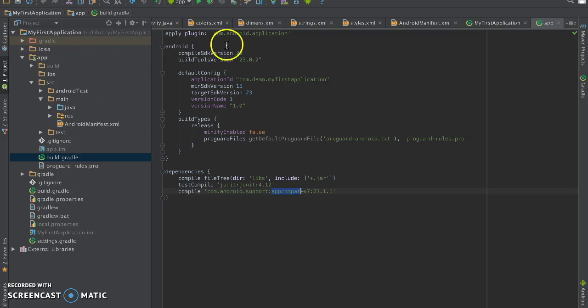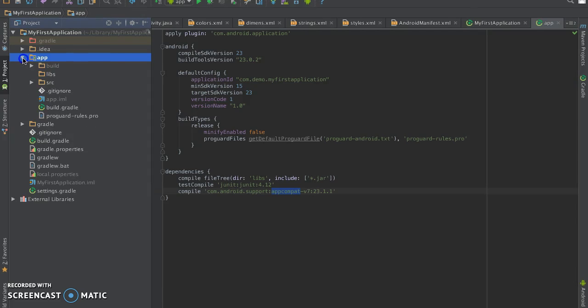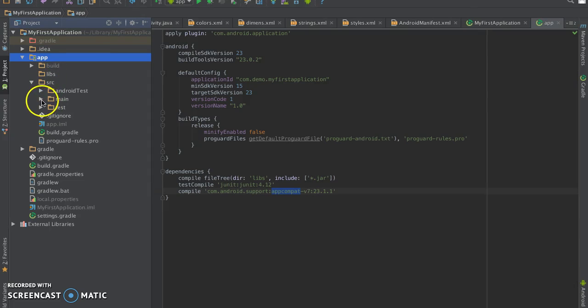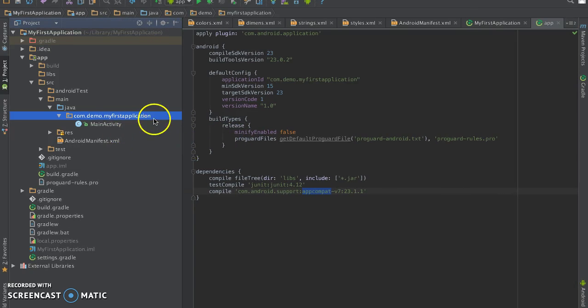We have created this simple project. Let me describe to you this Android project structure. One of the most important folders in this project structure is the app folder. Inside that we have another folder named src, and then a folder named main, where there is a folder named java, where we have all the Java files under the package name described while creating